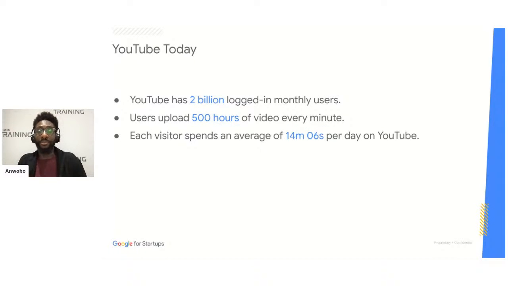And of course, that's an average, meaning that, of course, there are some people that might far exceed that average. And we get a lot of really highly engaged users that utilize the platform. And you might want to think about, how does that fit in with your own usage? How much time do you spend on YouTube a day? Do you go on it every day?